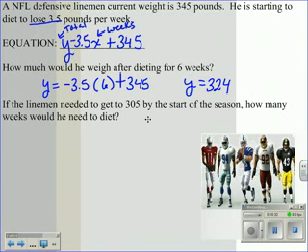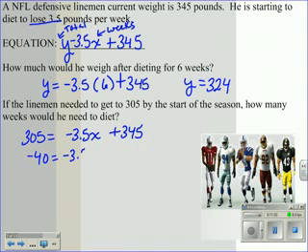Now, the lineman needs to get to 305 pounds by the start of the season. So we want to know how many weeks he's going to need to diet. Because obviously at 6 weeks, he's not down to that goal weight yet. So the 305 is going to go in place of our total amount, or y. 305 equals negative 3.5 times x plus 345. Subtract 345 from both sides, and we end up with negative 40 equals negative 3.5x. Divide both sides by negative 3.5, and we end up with approximately